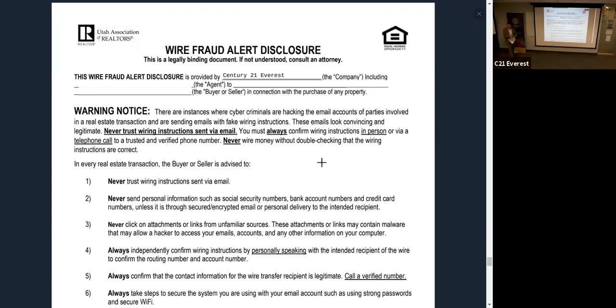On this one, not as crucial with the seller, but we still have this wire fraud alert disclosure that we have the seller sign. The idea of this is just making sure you guys and they know there are people out there trying to steal their money. What they're going to try to do is say, wire your money to here. Now, the good news is for a seller, it's pretty rare that they're going to be wiring money, but down the